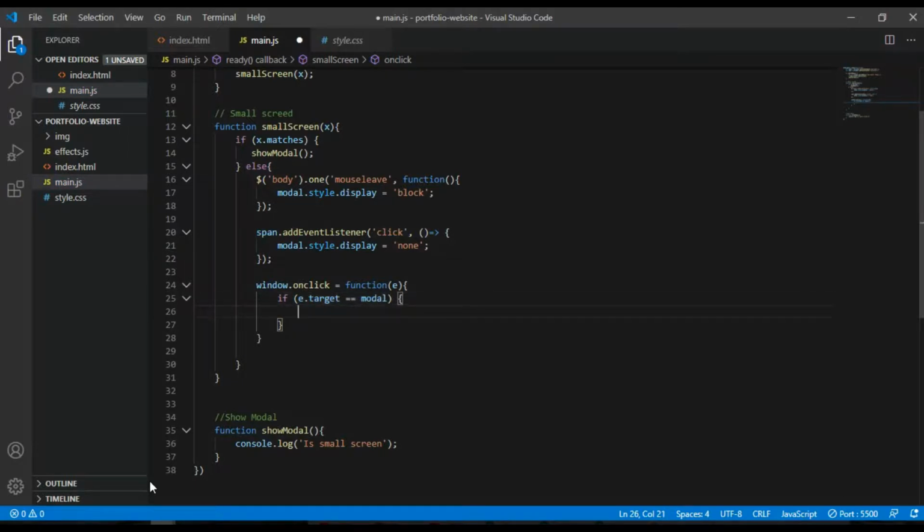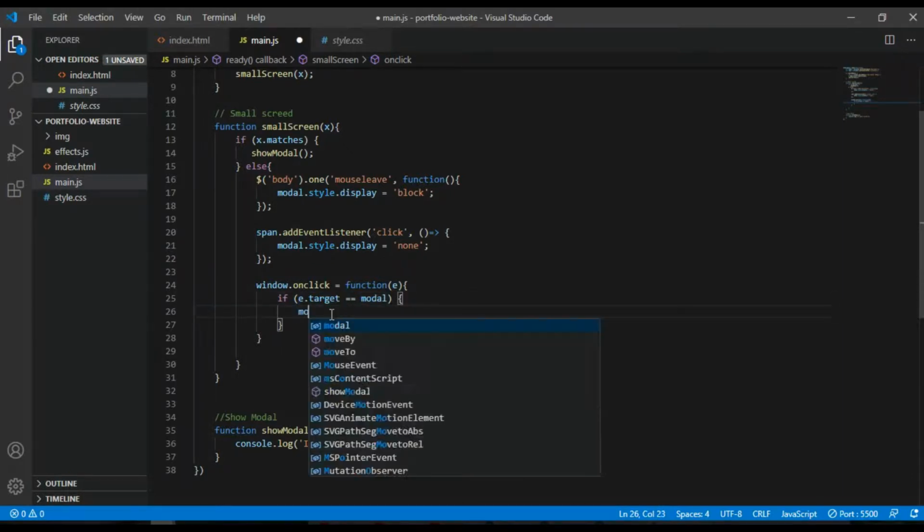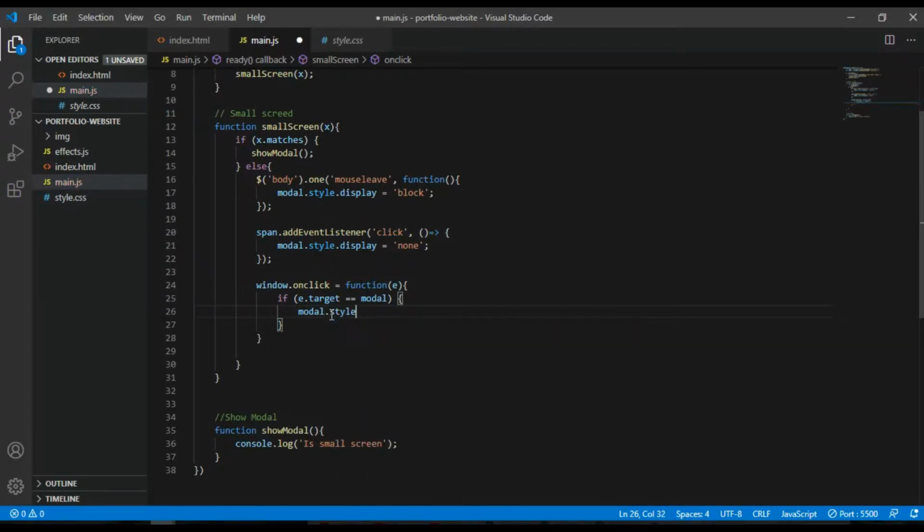So if e.target equal to modal, to see if the modal was displayed, I can just do modal.style.display equal to none.